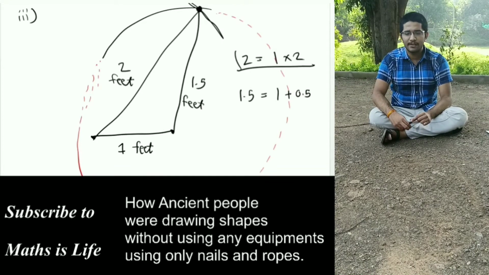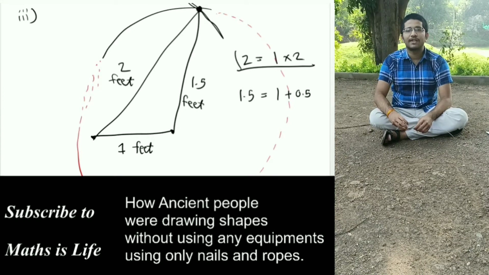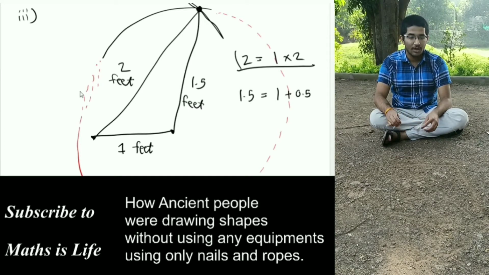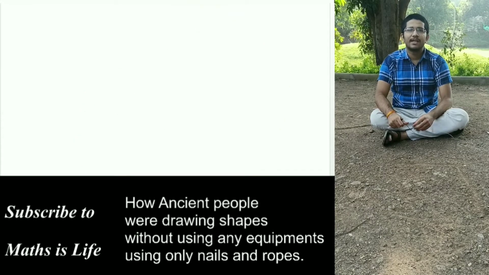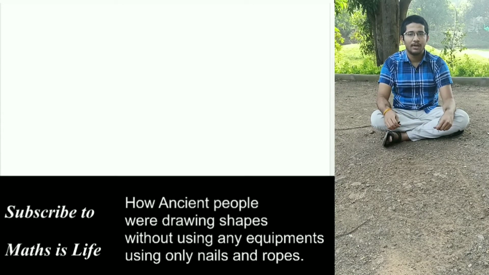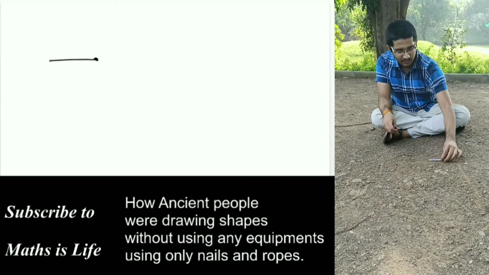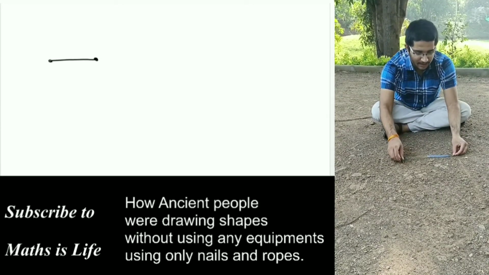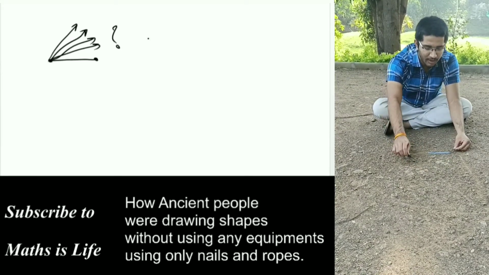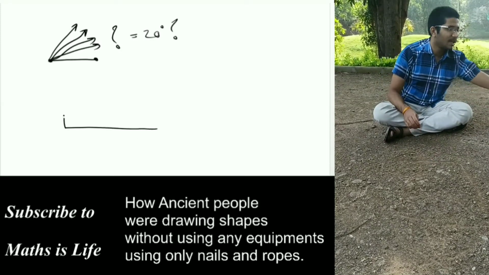Now how to draw triangles using angles, that we will see afterwards, because for that we have to know how to draw a triangle of given measures, or instead of triangles we can say we should know how to draw any angle using only nail and rope. For example, if you want to draw a 20-degree angle, then suppose this is one line, and then what will be the second line, how will be the second ray, in which direction will 20 degrees be? That we cannot calculate easily, but if we have a protractor, then it will be easy.